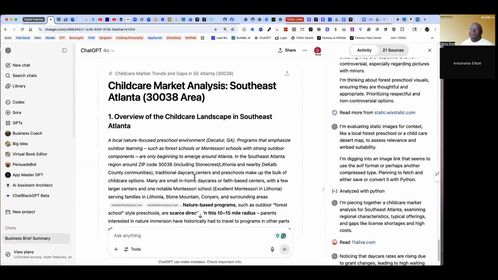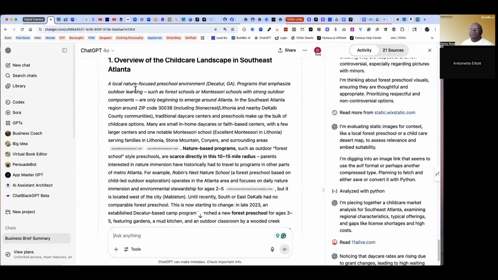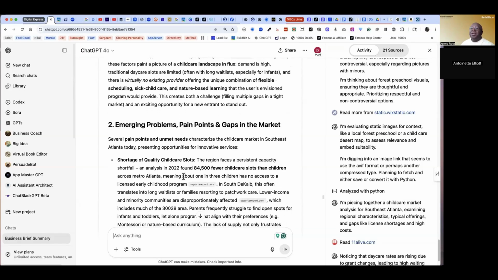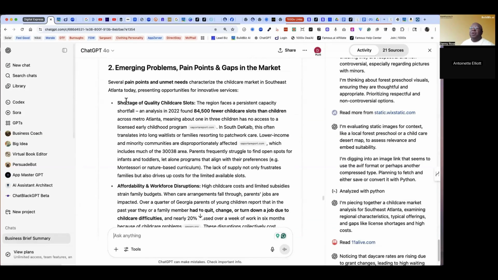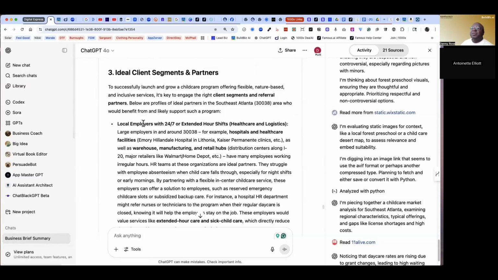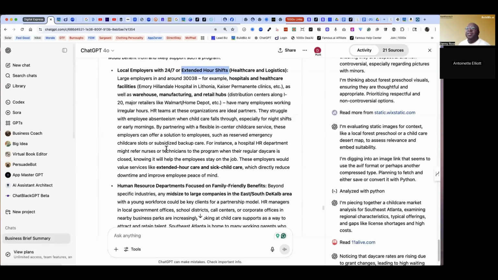And we can see where it's coming back with the childcare market analysis. It's walking you through all of the details. I'm just going to share it with you so you can read it. Here are the emerging problems: shortage of quality childcare slots, affordability and workspace, ideal client segments, local employers with 24/7 or extended hours shifts. If you're doing the nature program, you may not have the availability for evenings. You might be just doing daytime.